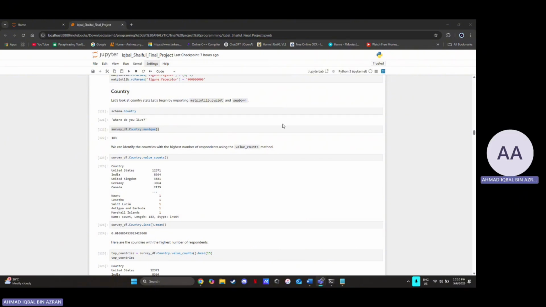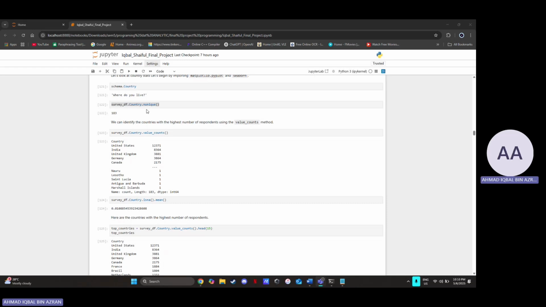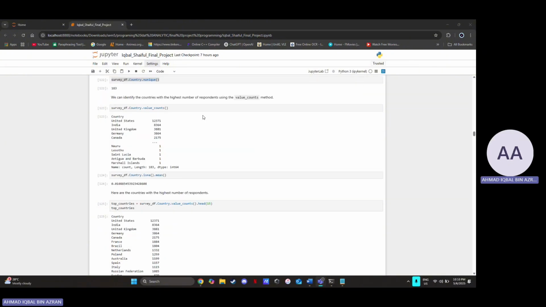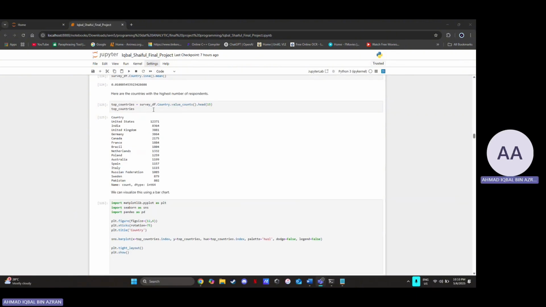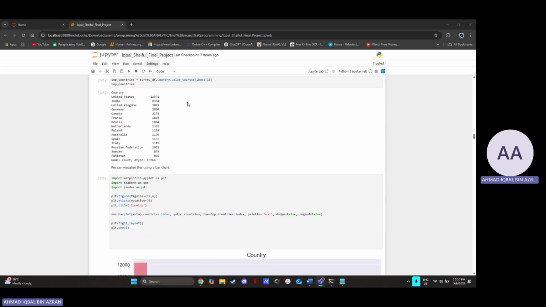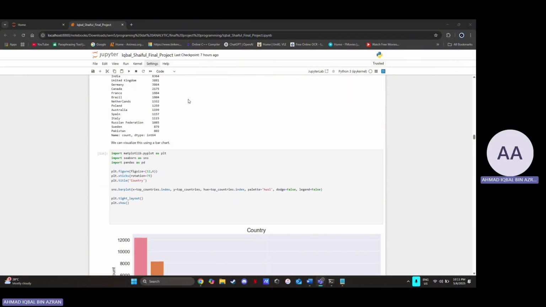Okay, so what we can see from the survey country is that we have 183 countries in the world in these responses. From the survey, we can see the highest value count is the United States, USA, 40,000, followed by India, United Kingdom, Germany, and Canada. So this is the mean for all, which is 0.10. Here are the other countries with the highest number of respondents. As you can see, the USA has the highest, which is 5K, followed by India, UK, Germany, Canada, and the others.